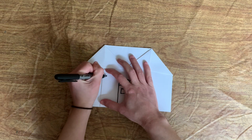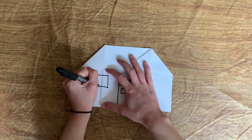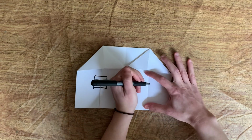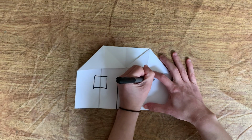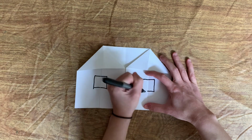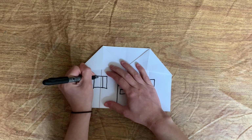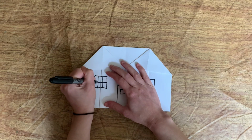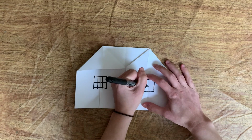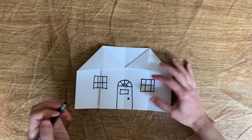Now I'm going to draw the window. So you see I'm holding with my helper hand that piece of paper down because it's folded in the center there, so it can be a little tricky to draw. So hold it down so your pencil can glide on through and you can make one nice window. It would also be smart to use a pencil so you can erase. So I'm going to turn these into 6/6 windows, one of the architectural details you might find in and around